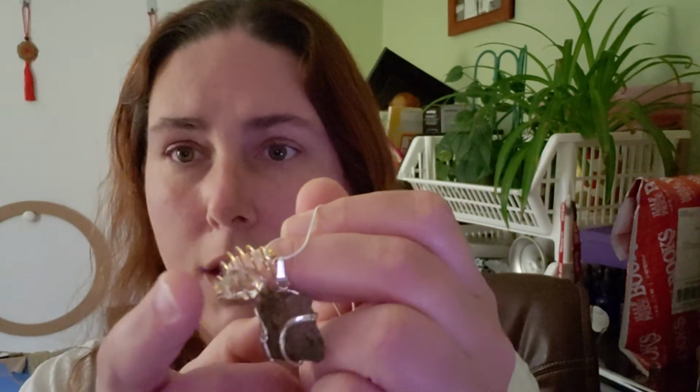Now I have it paired with my Herkimer diamonds, which I did put in a cage. I don't know if you can see it very well. So there we go. I have two Herkimers in here. Now I'm not really good at wire wrapping. I'm still learning. I'm really crappy at it, actually. So just for the time being, I found these bead cages on Fire Mountain Gems and Beads. It was a pack of 10 for I think $2 or something. It really wasn't expensive. So I was like, this would be just a temporary thing, so I can pair it